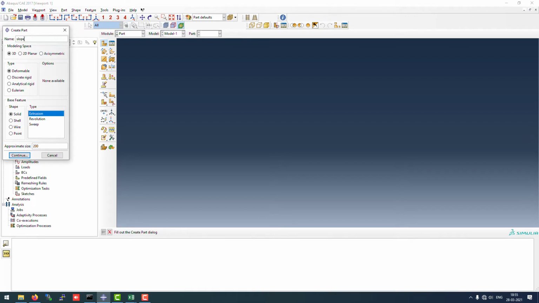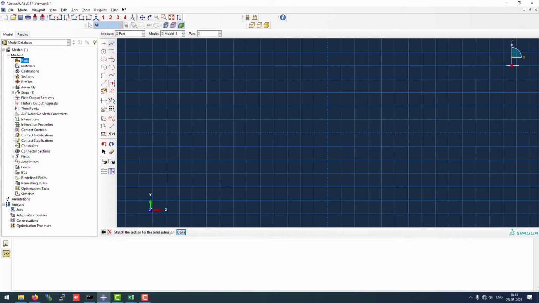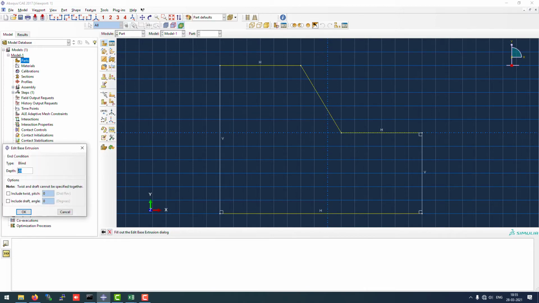It's called the model slope, approximate dimension 200. You can have any geometry. What I'm going to do is build a geometry which has a very steep angle, and we'll go a little bit there, here, and here. Yeah, that's our geometry. I haven't dimensioned any geometry. I have just created a slope kind of geometry. You can have your own geometry based on whatever you want.